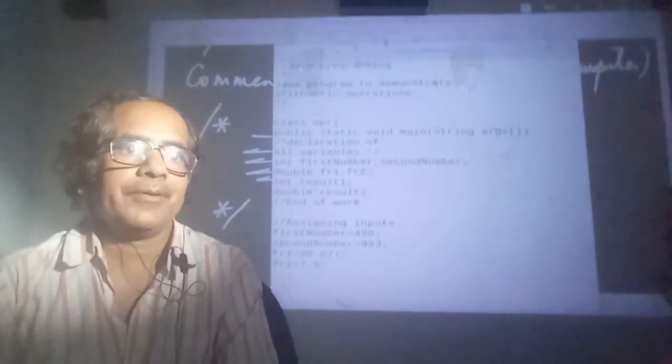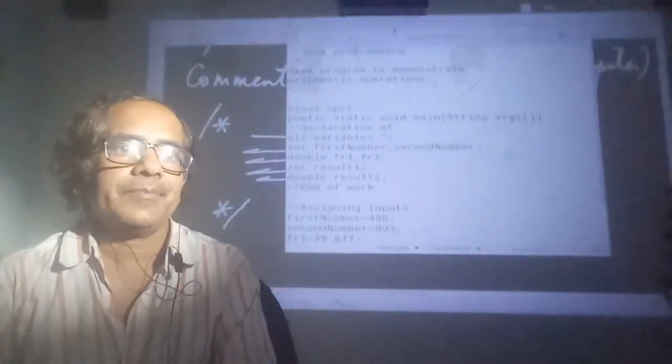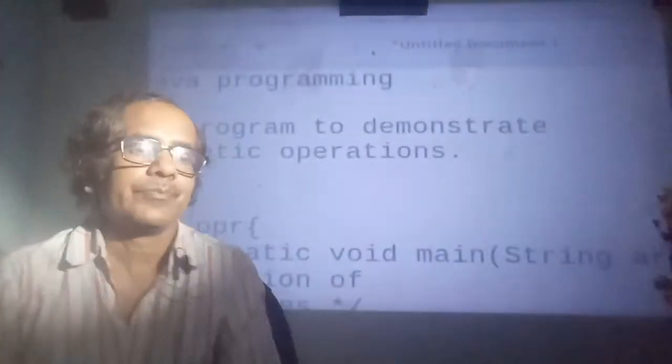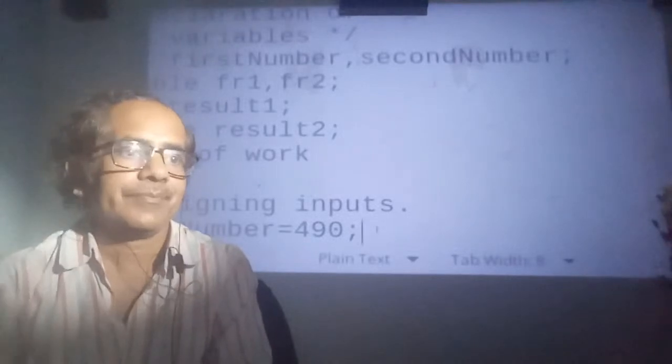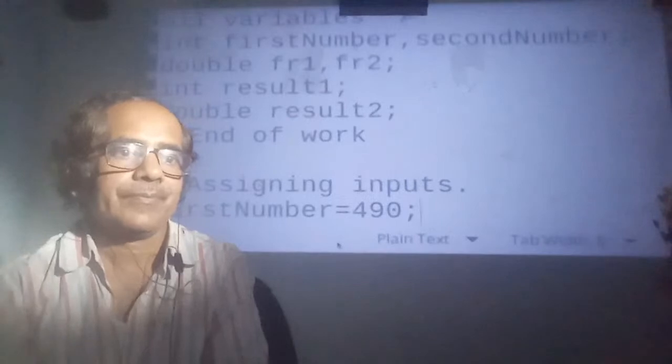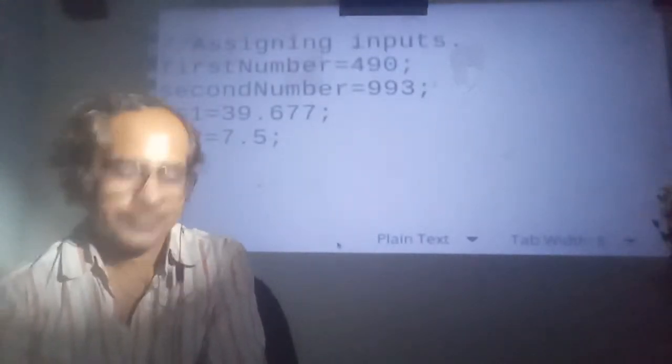ये थोड़ा लंबा हो गया इसलिए जूम करने में दिक्कत हो रही है. Keeping it small will make you better understand this. Zoom. Assigning inputs. 490 ये सारा दे दिया. अब देखो,